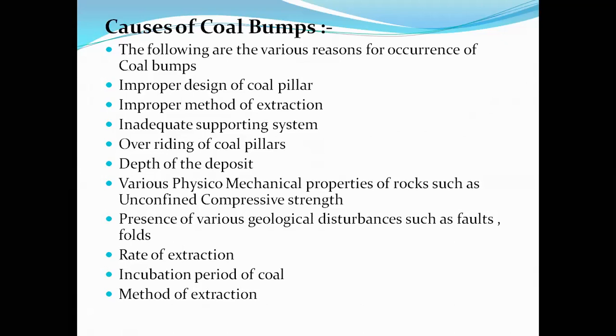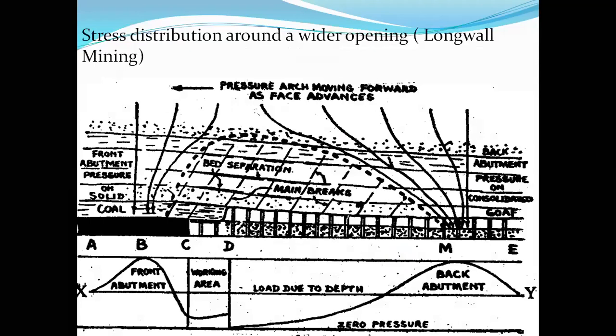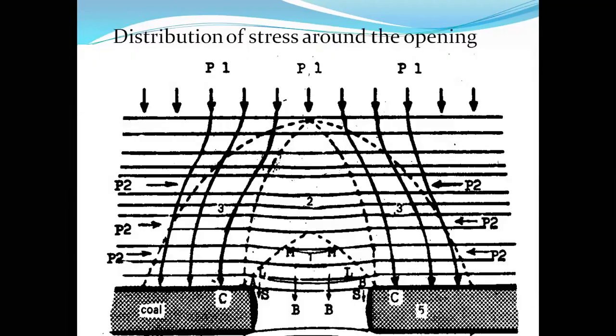Overriding of coal pillars is nothing but, look at here. Yes. Look at here. So this also we can say, right? If I won't provide anything, the complete load that will be acting on the abutments of this opening, the load which is acting on the abutments on the edges of the opening, is more than its capacity. The excess of load that will be acting on the edges of the opening is known as abutment pressure, or sometimes it is also known as overriding. Overriding is nothing but the excess of load that will be acting on it.